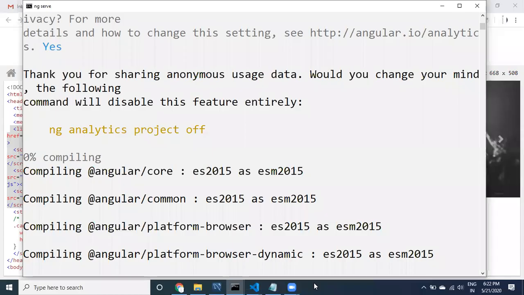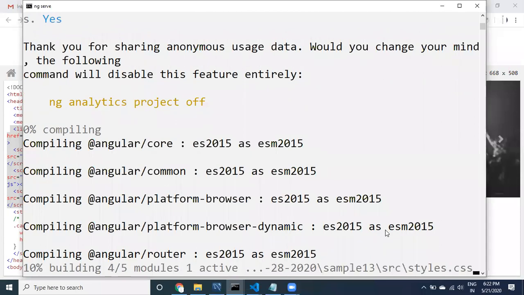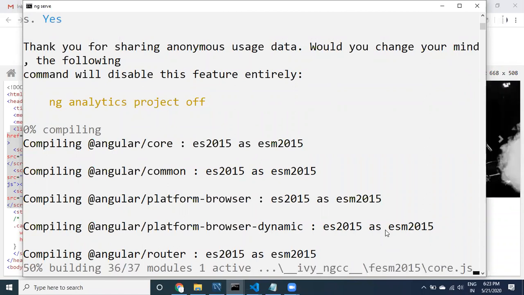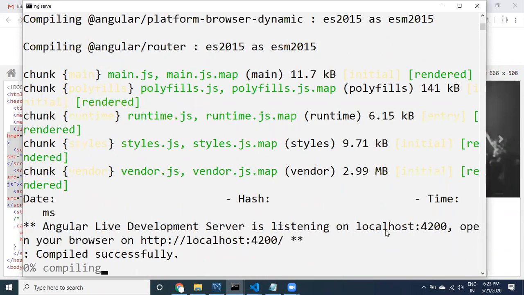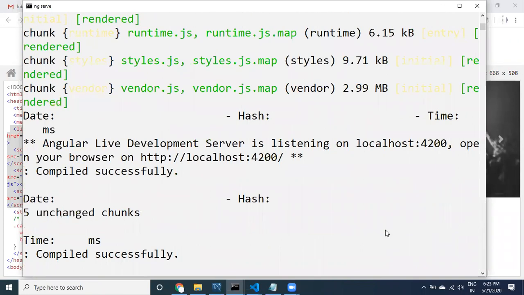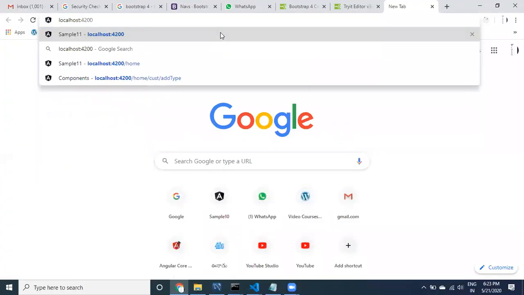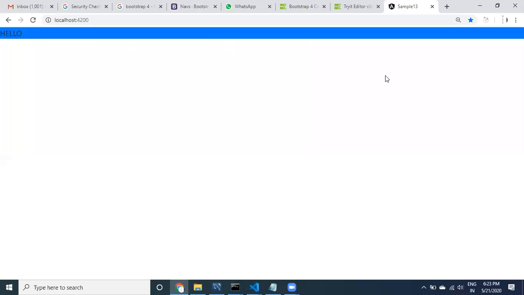Okay, today's class is to create our UI and related to navigation. What are the bootstrap related elements available in the bootstrap? We'll be discussing. Okay, the server is up and running. Let us go to our code. What I can do, localhost 4270, go to there. Yes, see here guys, it is getting applied.